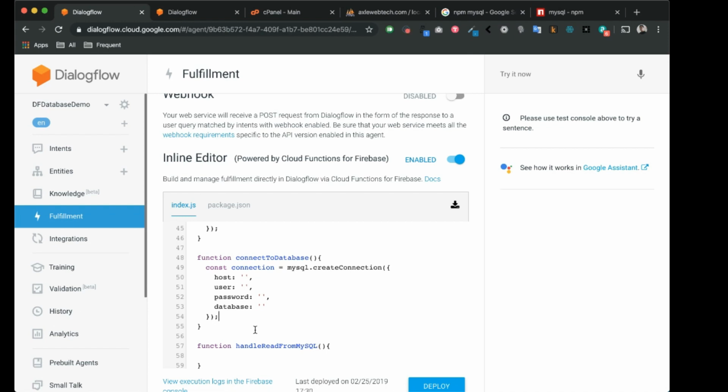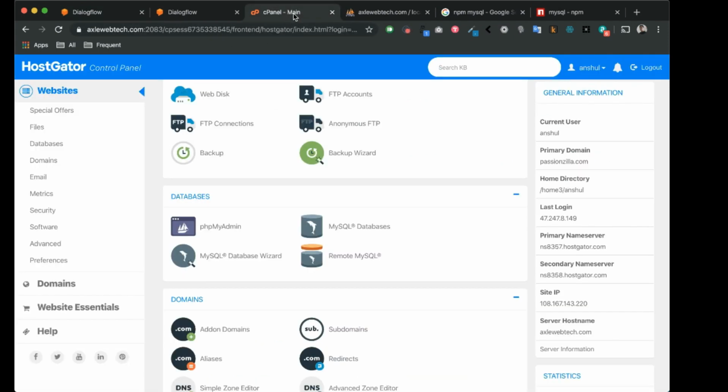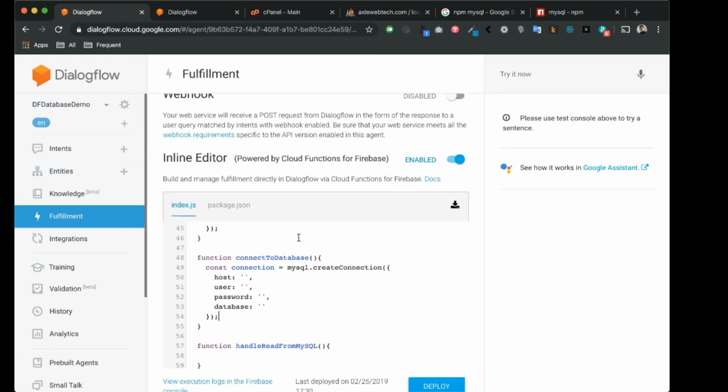So where do we get all these details from? If you go to your control panel, you will see the site IP. So you can use this site IP as your host name. So just copy this and go to your Dialogflow